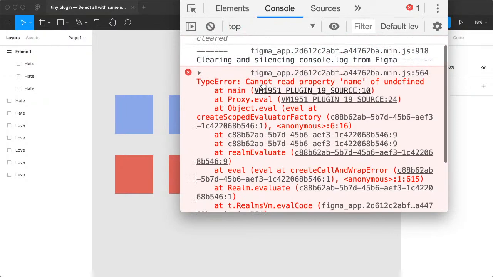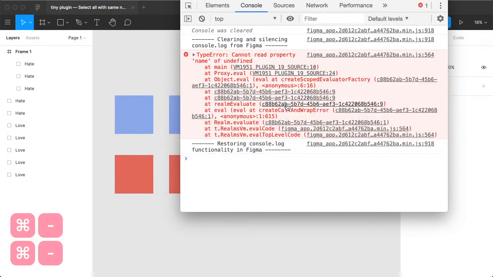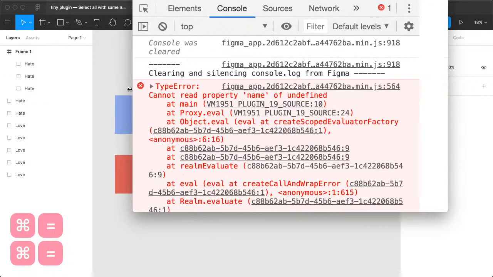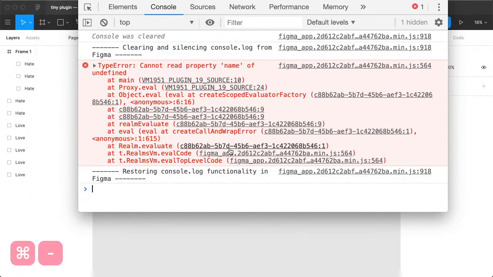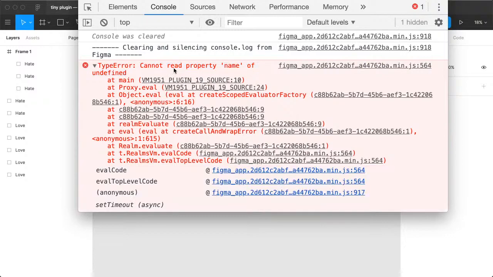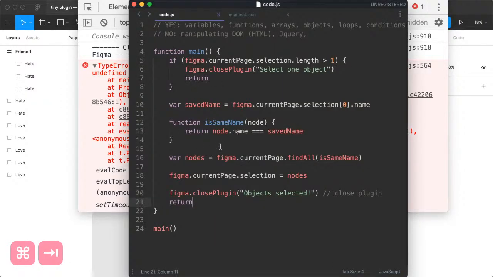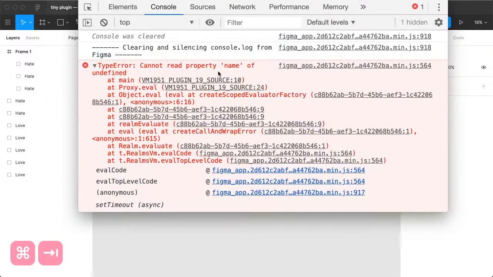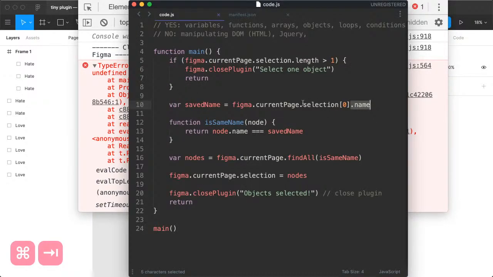So we can see many lines here. I'll extend the window and make it larger. Let's see what it does. Cannot read property name of undefined. So somewhere we are trying to read the property name. Here we are doing it for the first time. We are trying to read it, and it says of undefined, which means selection 0 is undefined,